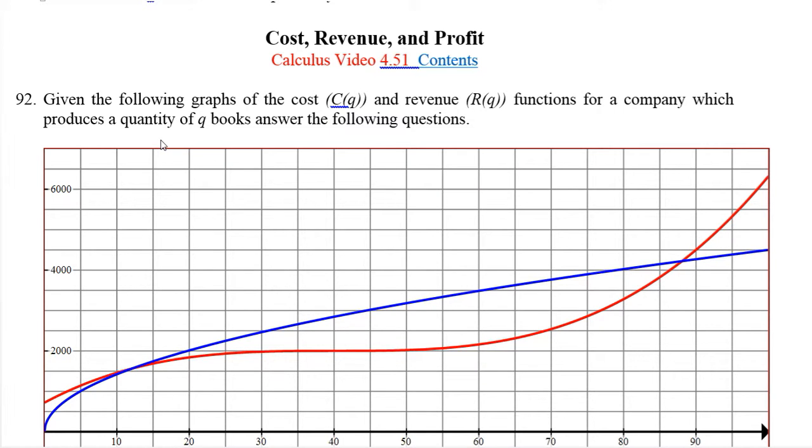In this video, we're going to talk a little bit about cost, revenue, and profit, and use calculus to analyze some things related to this. So, we see here the graph in blue and red of the cost and revenue functions, where they're functions of the quantity. So the Y values here, or output values, are dollars, the amount of money that it costs, or the revenue. And the X values are the quantity of items made